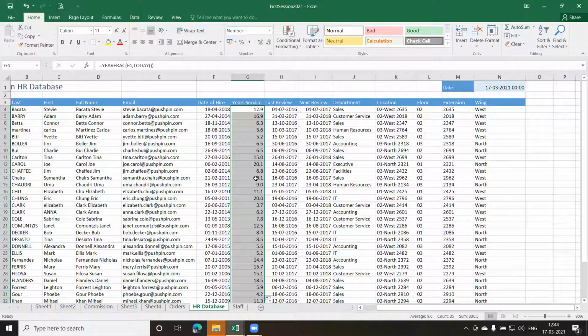Next review we have already done. Now let us go ahead and see how to give named ranges. How to give a name to a cell, which I think I had shown you once before. And this time I'm going to give a name to the range and to a cell as well. And I'm going to use that in the formulas.